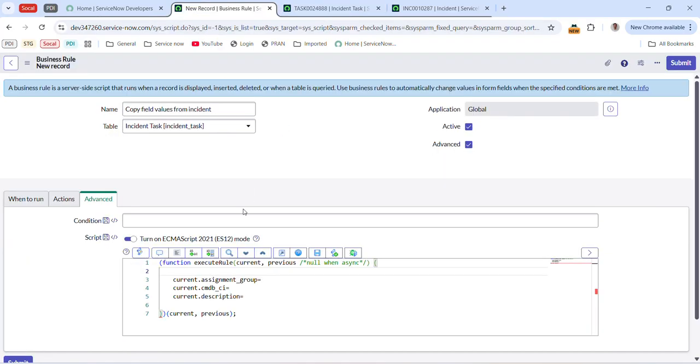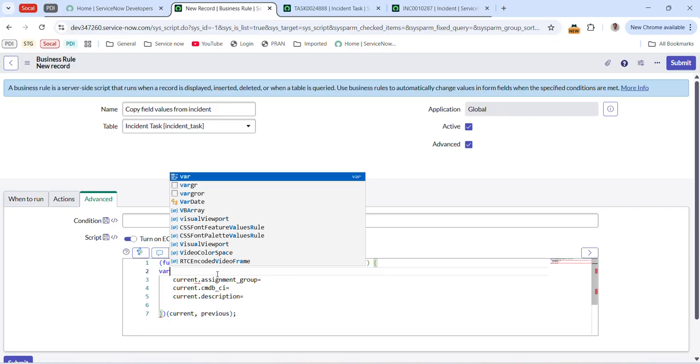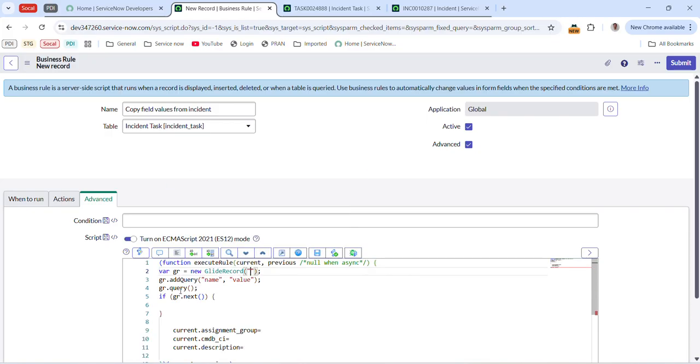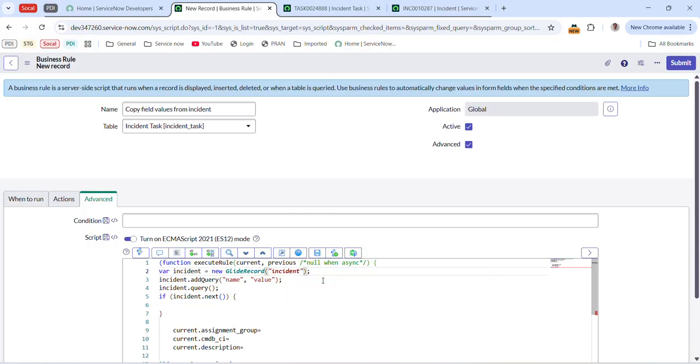So we need to apply a glide record to get the incident. I am giving a proper naming convention. So when it's in incident sysID